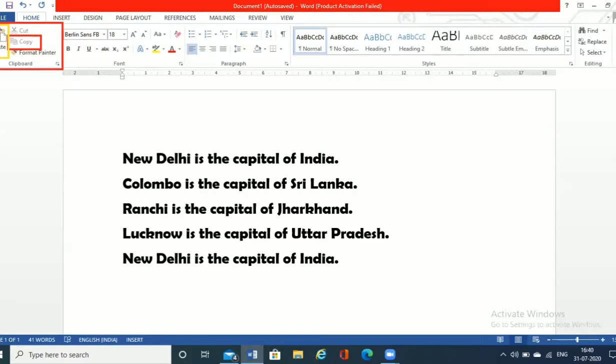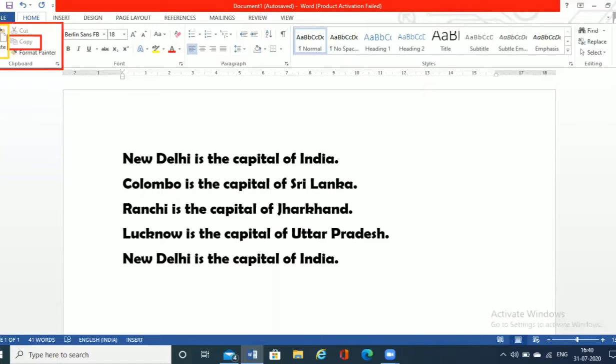This copy and paste command helps you save your time and efforts by eliminating the need of typing the same content again and again. So you do not have to type the sentence again and again, you can just copy and paste. This is the method of copying text.